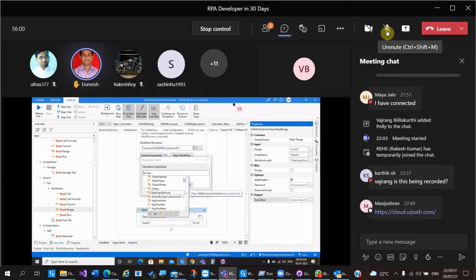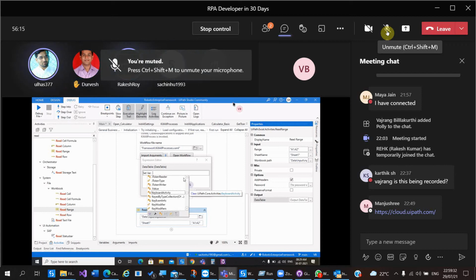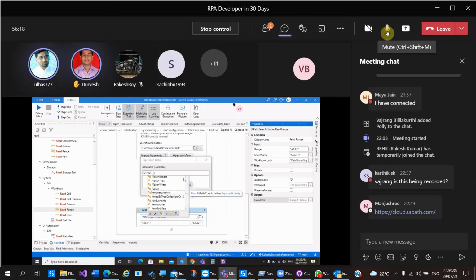Give a name to the data table. I don't think data table will work. Use some name like input data, or data table one. You are creating a variable, so follow the naming conventions for variables. You need to prefix it with the variable type. For a data table, normally we prefix it with dt underscore the table name. For integer, we use int underscore the variable name. So for this, you can use dt_input_table.